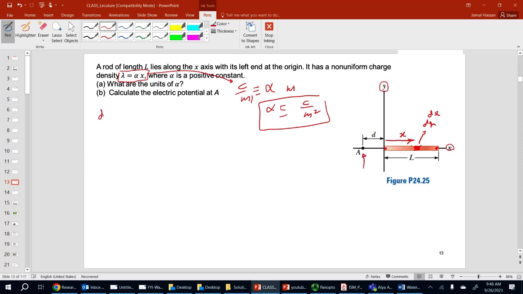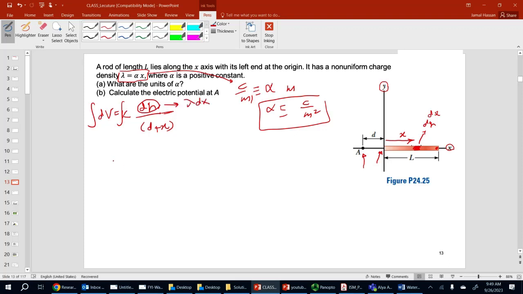So the potential at point A from that dq is equal to k dq. Now the distance between the point dq and A is actually d plus x, because the origin is given here. If the origin was given at point A, you could have just called the distance r equal to x, but now it's d plus x. So we need to do integration. Remember, dq is equal to lambda dx,